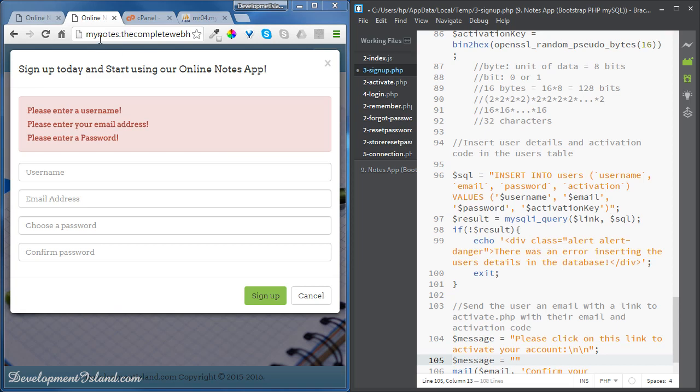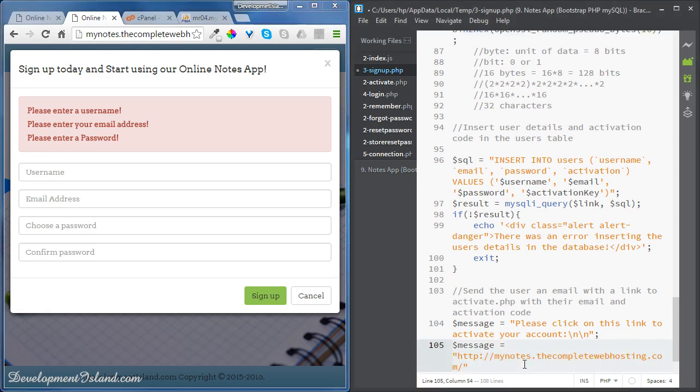For now I'm using a subdomain, so that's why it's not possible to have an SSL connection, but if you're doing a real one, you will need that. So that's going to be activate.php,